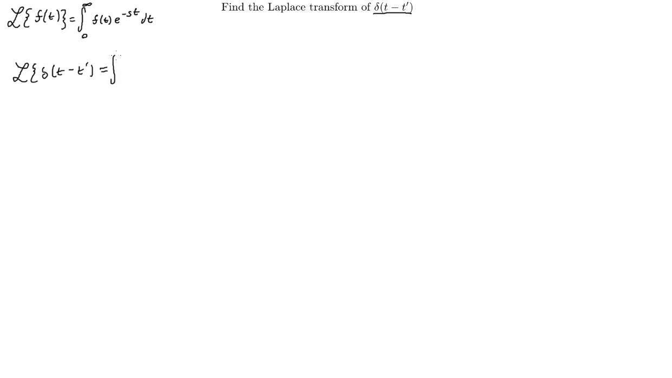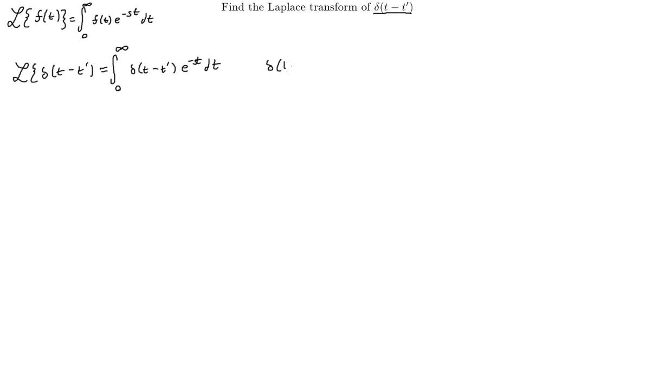So we're going to have the integral from t equals 0 to t goes off to infinity of delta(t minus t prime) e to the minus st dt. Right? Now remember, one of the properties of the delta function is that, well, here, I'll just write it out here,